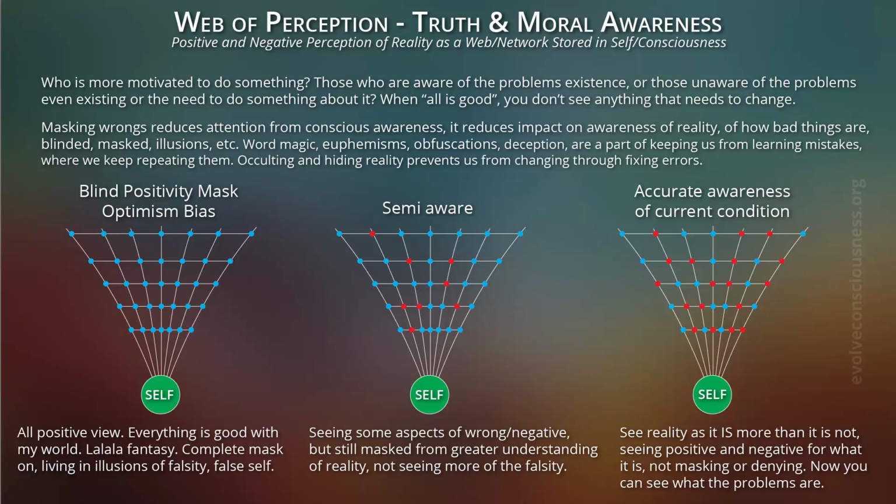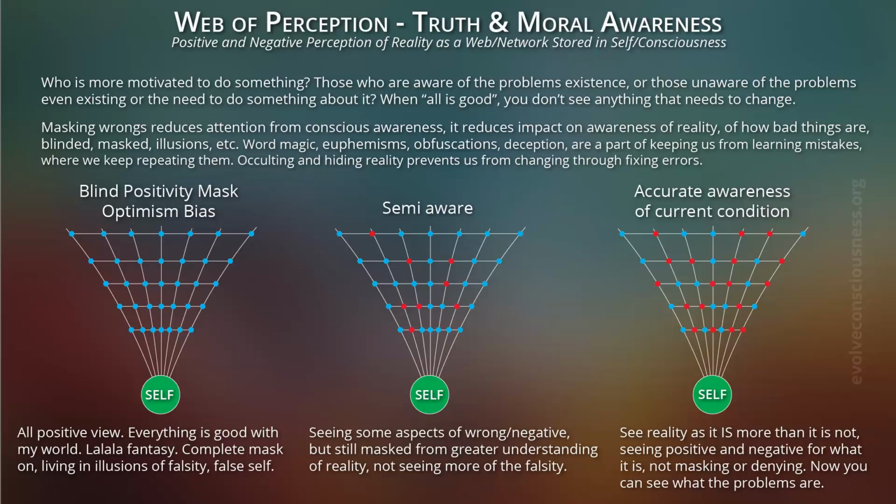So, semi-aware. Say there's some red spots showing up in your web of perception. So your truth and moral awareness, now you're not living in fantasy la la land. Now you're actually seeing things are more wrong. So you're seeing some aspects of wrong in the negative, but you're still masked from greater understanding of reality, not seeing more of the falsity. So you're not seeing things accurately as they truly are, but you're seeing them more accurately than the previous fool